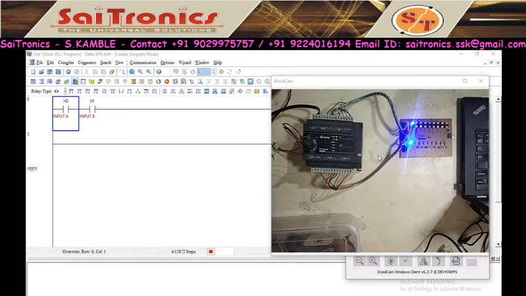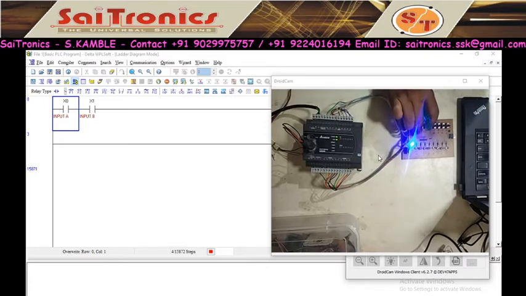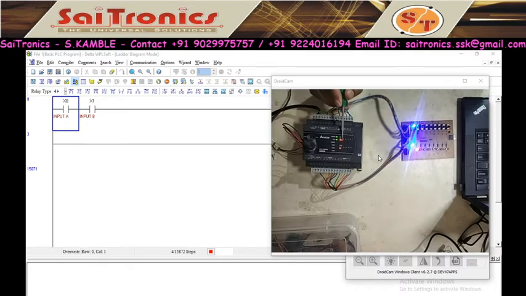Now we'll see the status. I'm making input A 1. So if you see, my input A is 1, the indicator A turns on, but the output is 0. Again I will make input B 1. Input B is 1, but the output is 0. Now I will make both inputs 1. So both inputs are 1, the output turns on. So when both inputs are 1, my output is on. So this is my PLC programming.